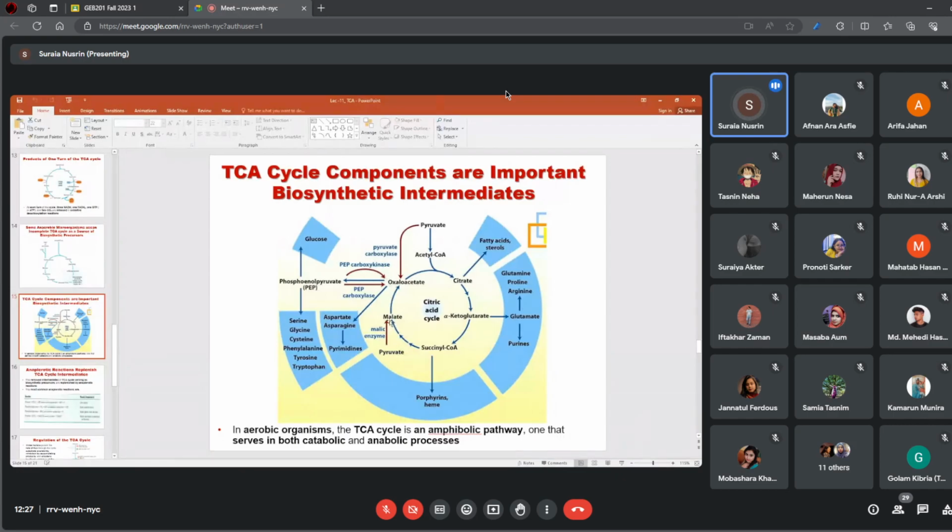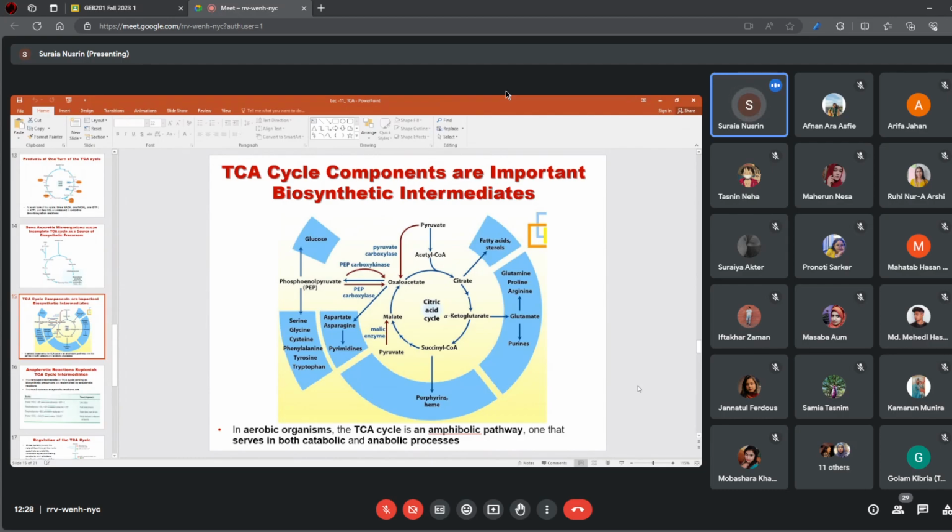In the next reaction, malate will be converted into oxaloacetate by malate dehydrogenase. So these 1, 2, 3, 4 red arrows are the reactions by which the cells replenish the intermediates of the TCA cycle, so that the TCA cycle must go on,